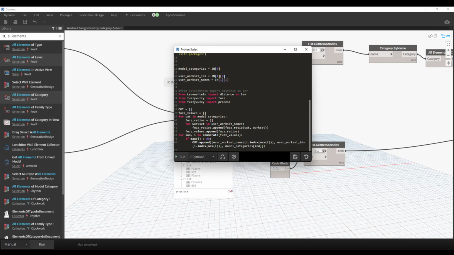Fuzzy Wuzzy, that library is pretty straightforward, at least for what I was trying to do here. All we're doing is we're checking the category to a workset. And then we're looping through all of the worksets, checking each of those and returning a score. And then from there, we'll look through that list and check the max. And if any of those are above 80, then it continues and it'll actually append the information that you see